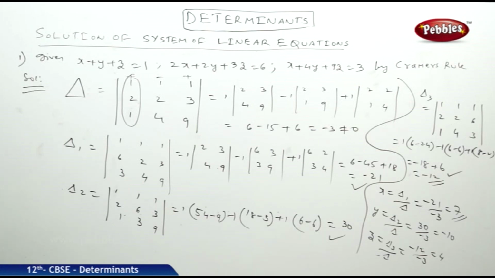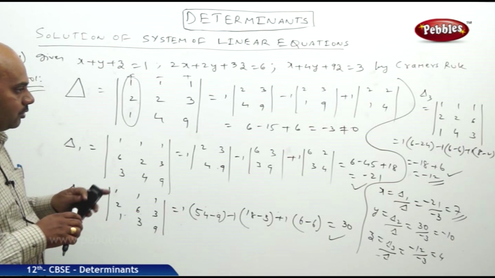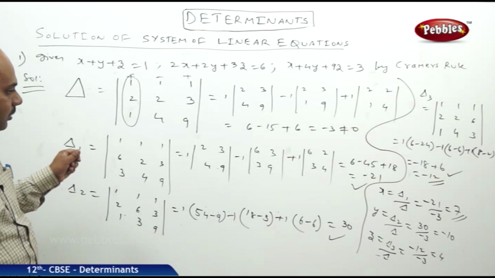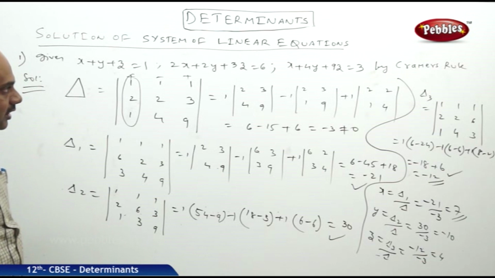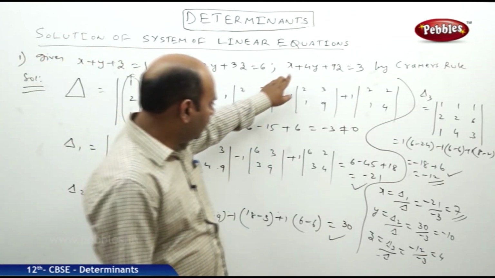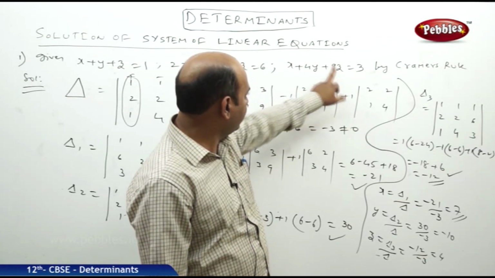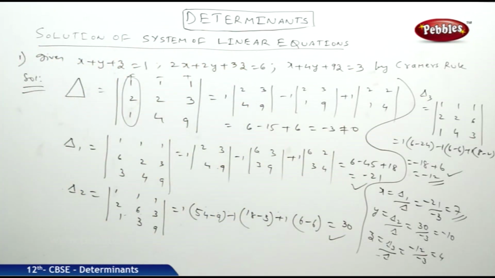You might sometimes doubt whether our answer is right or wrong. So we need to substitute in the given equations and we can verify. Suppose in the first equation, substituting 7 in place of x, 4 in place of z, and minus 10 in place of y. So 7 plus 4 is 11, 11 minus 10 is 1. It is getting satisfied. I am very happy. And here 7 plus 36 is 43, 43 minus 40 is 3. So I think the third equation is also getting satisfied.